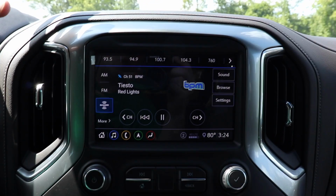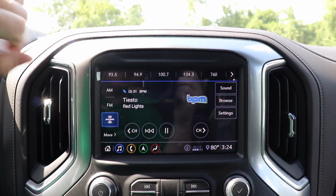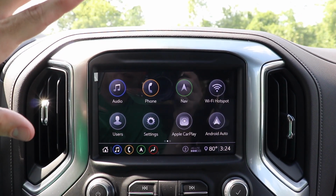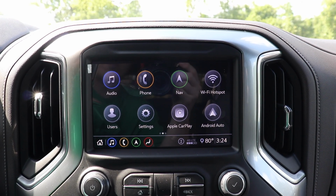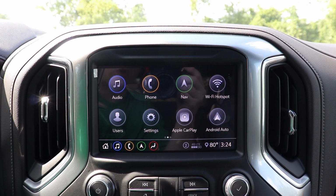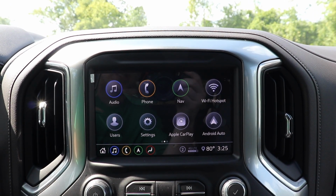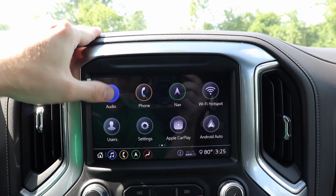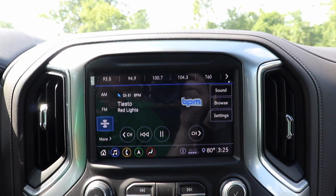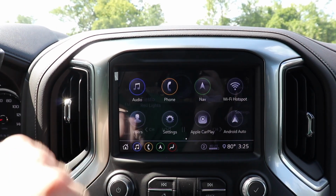So coming over to this beautiful touchscreen display, this is the new Chevy MyLink. Awesome redesign, way more responsive than it's previously been in the older generation of trucks. It also has Apple CarPlay and Android Auto, which you can see right there. This particular one does have navigation included, and it has a 4G LTE hotspot right there. You can control pretty much